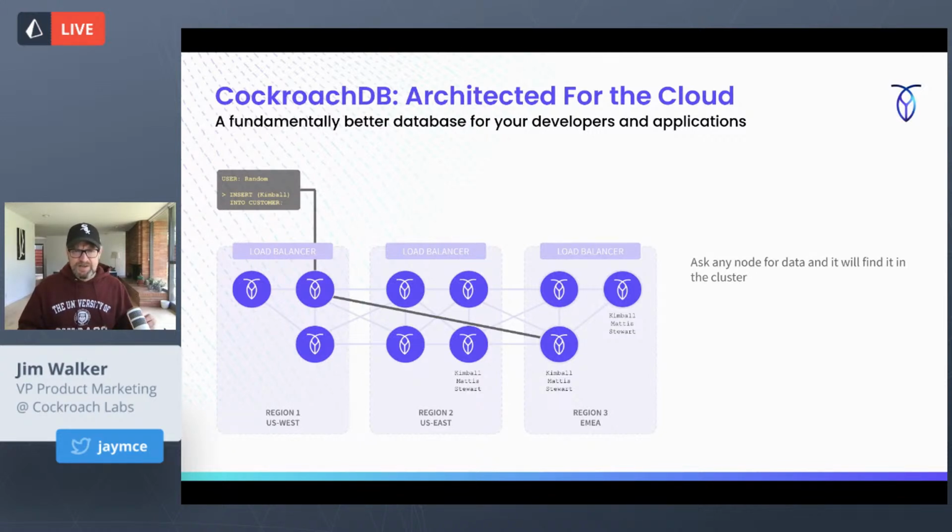Now, I touched on something that was kind of cool. In Cockroach, we actually can tie data to a location. So you'll see, here are 3 records. Say they're customer records. I have copies of these, because when I write into Cockroach, I write things in triplicate. I have 1 copy in US East, and 2 copies in Region 3, which is EMEA. But if I access that data from, say, the West Coast, Region 1, US West, I can ask any node for the data. And every node in Cockroach